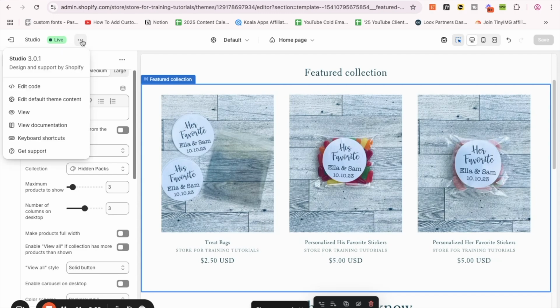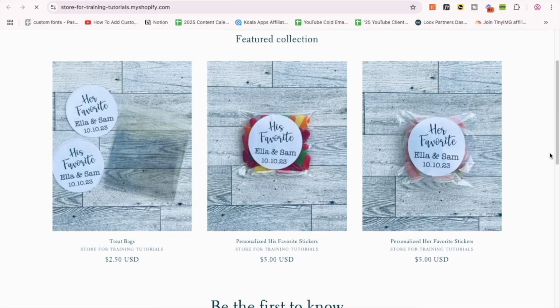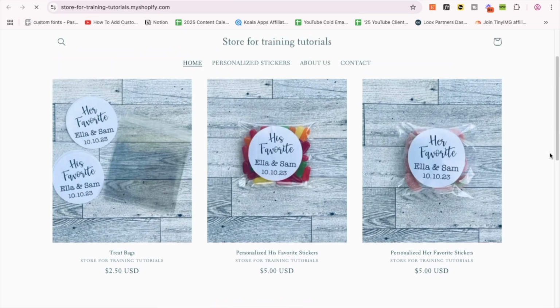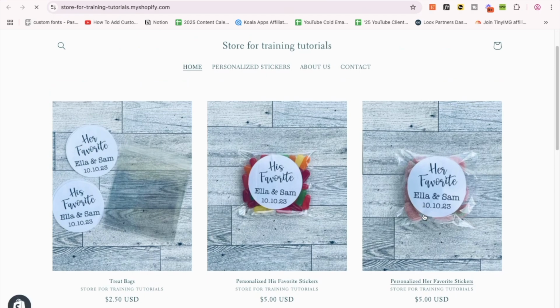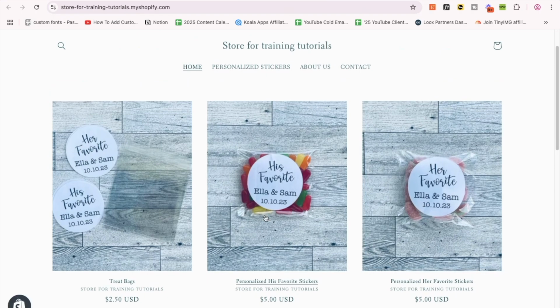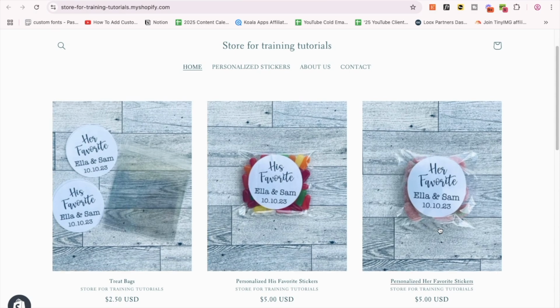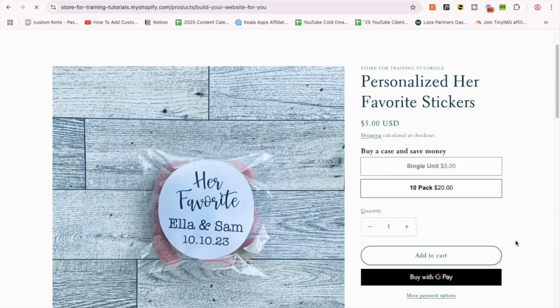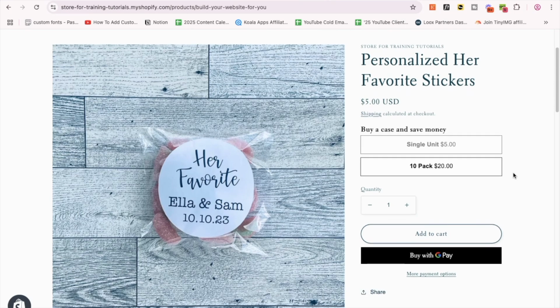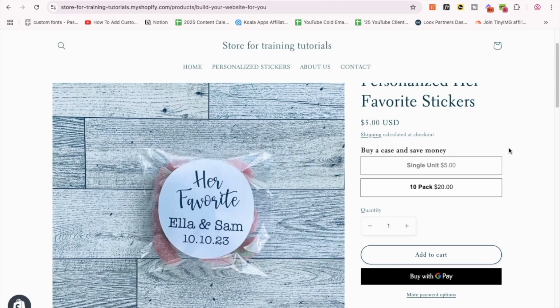And if we view our store live, you'll notice the only ones there are the single product, this one for her favorite stickers, which are $5, and this one is his, which is $5, and then the treat bags. However, if you were to click inside the personalized her favorite stickers, you'll see that they have the option to buy it in a pack. So that is how you hide the packs on your storefront, but offer them as packs on the single unit